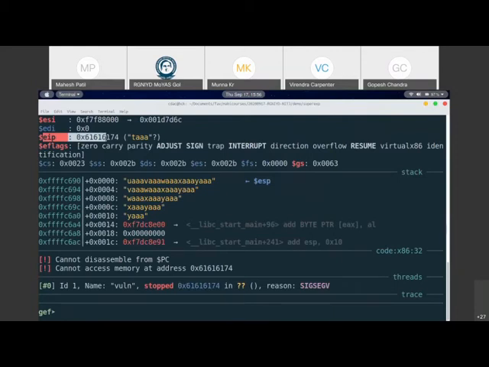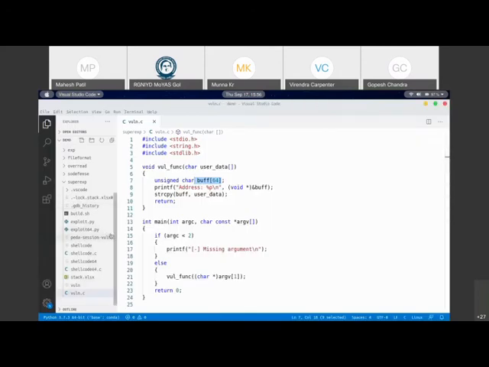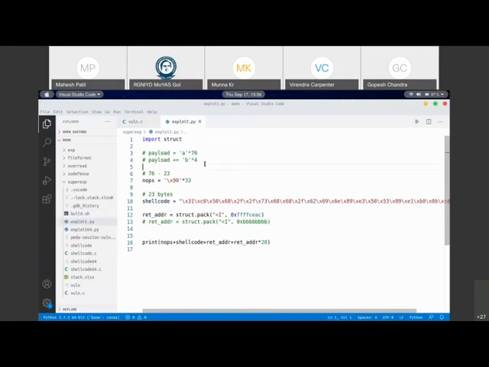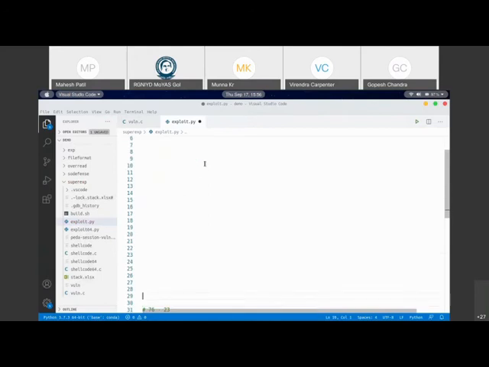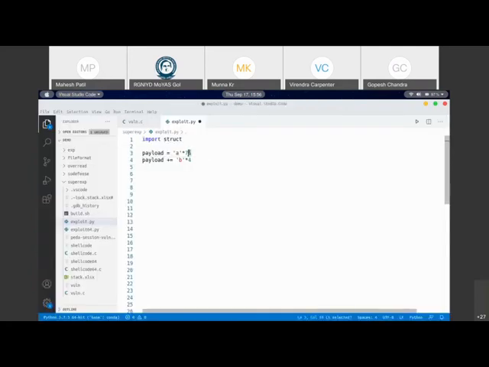You see the instruction pointer is also at that location. So let us search where this is. It is at an offset of 76 bytes. So the first thing we are going to do here is build our input with an offset of 76 bytes. Let me just put it here. We're going to have a set of A's at 76 bytes offset. So that is 76 bytes.